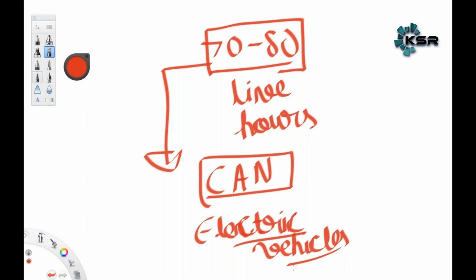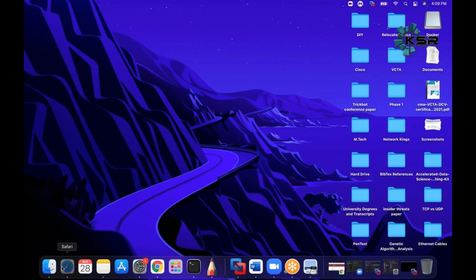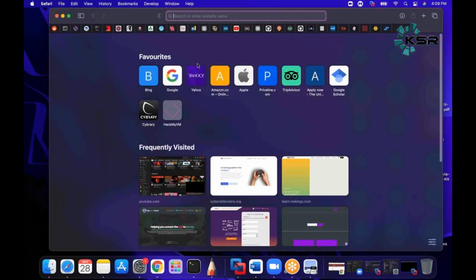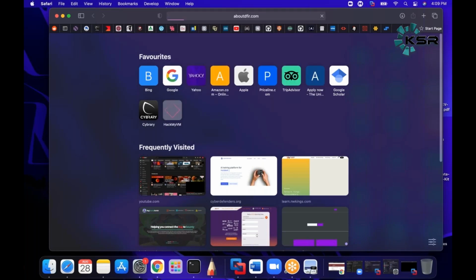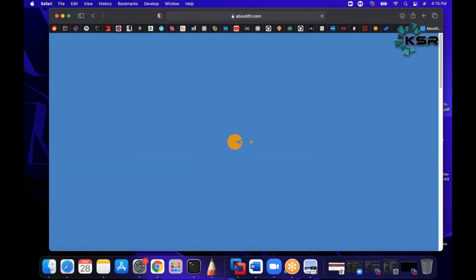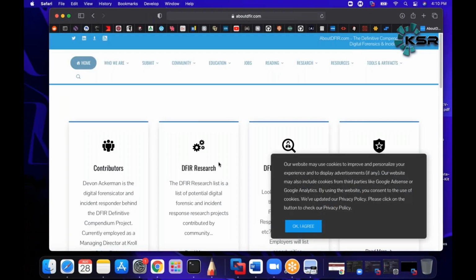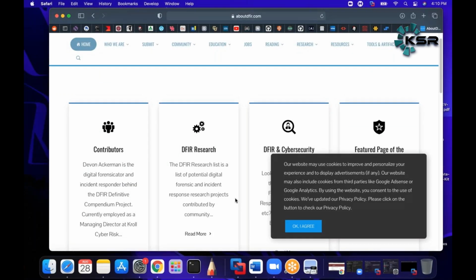There are articles on the internet related to that. Otherwise, if you go to the website called About DFIR, I have published my complete research there. After that, I worked as an assistant professor at my hometown, Jammu University, where I filed a patent. And now I'm going for my PhD in January.